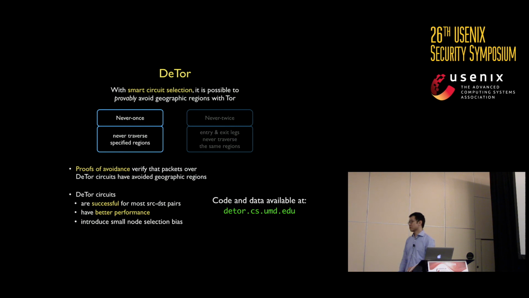If all the clients start to use DeTor, then I think that goes back to the node selection bias question. Some nodes will be selected more often than in normal Tor. And that's something I think is fundamental for this work. If we try to avoid a certain region, we have to exclude certain Tor nodes from the selection, so we have to transfer the traffic towards some powerful nodes.